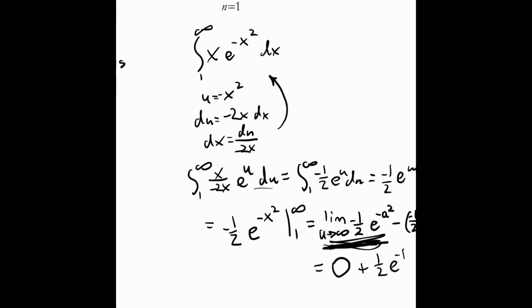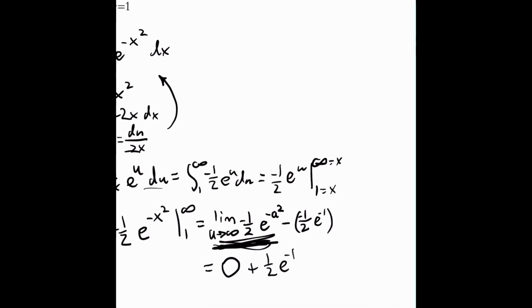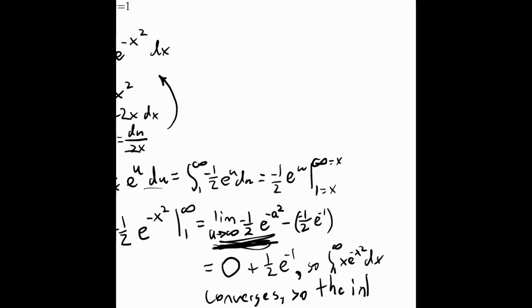So that means that our integral converges. So the integral test says our series, the sum of n e to the negative n squared,